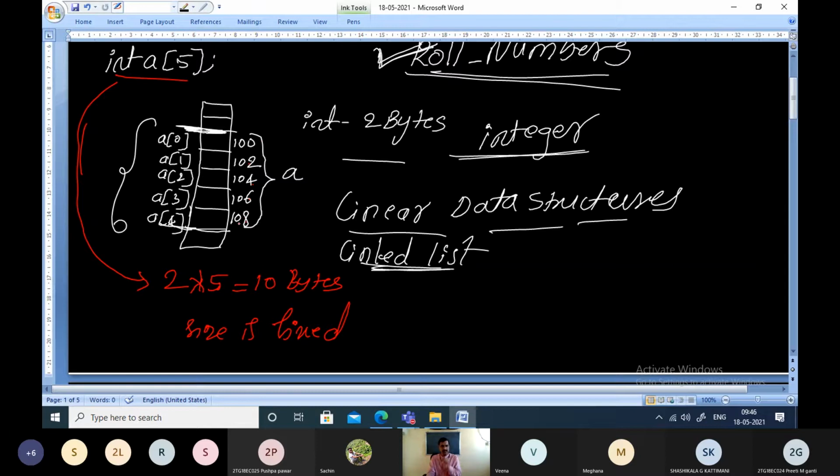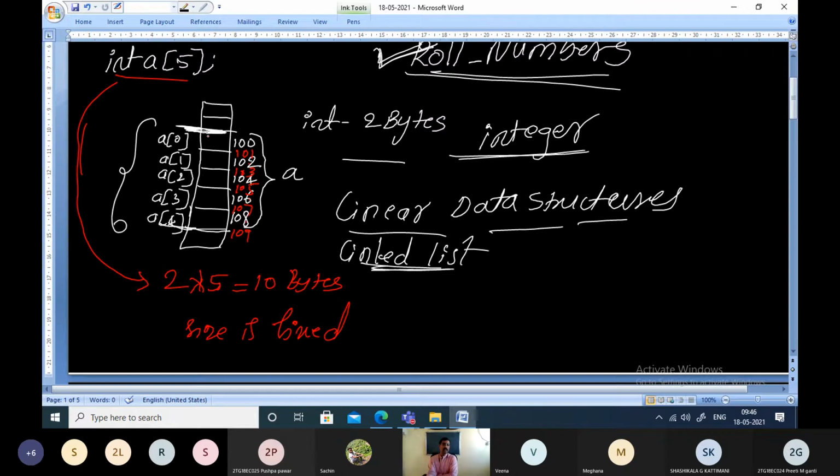This shows just the beginning address, but in fact each element is 2 bytes. How? 100, 101, 102, 103, 104, 105, 106, 107, 108, 109. So totally 10 bytes are there. This is how the array elements are stored, and the size of the array is fixed.